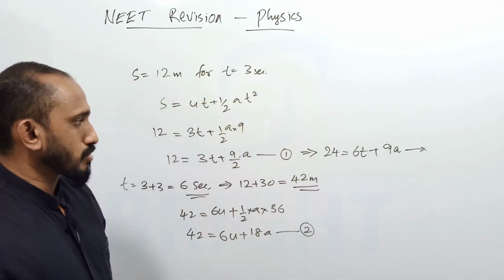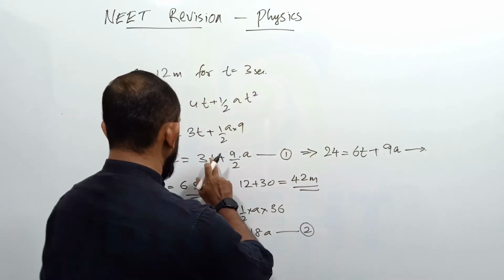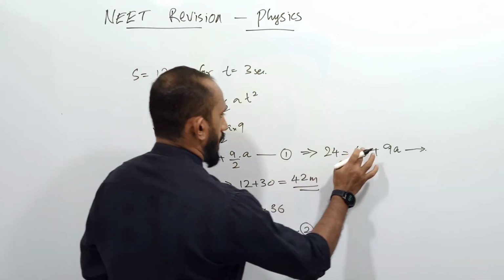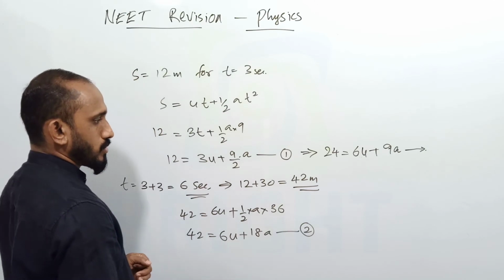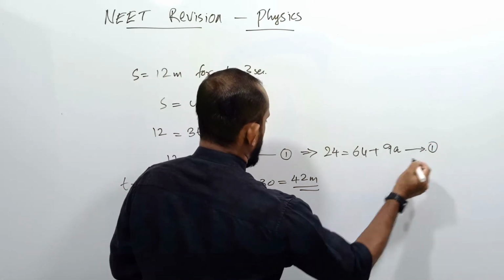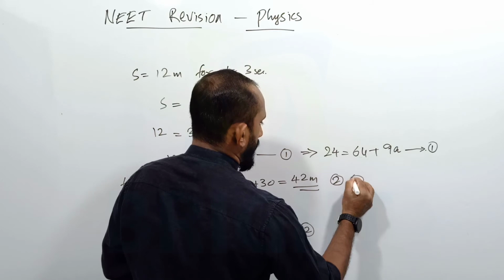So these two equations, you solve them. 6u is common in both, so you subtract: equation 2 minus equation 1. It's the first equation, 2 minus 1 gives you